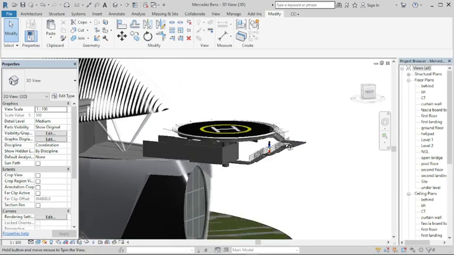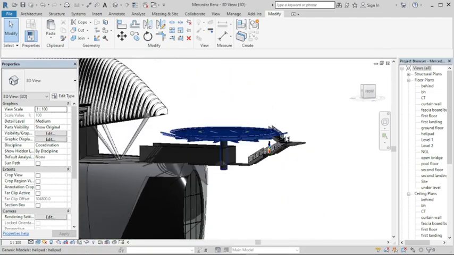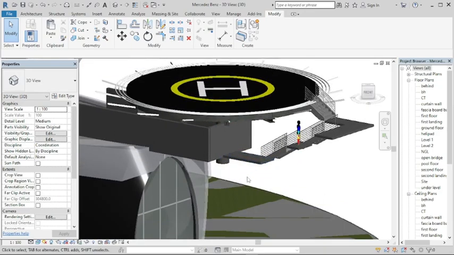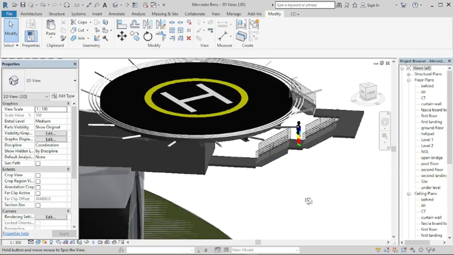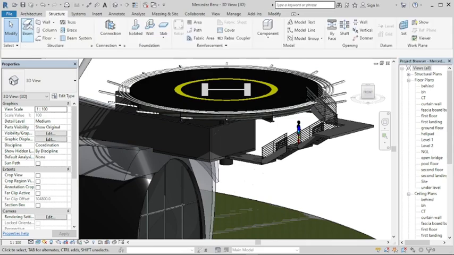So now we have our helipad modeled in the structure. We want to now proceed to creating beams for this particular structure. And then after creating beams, we're going to create the hand railings for the structure also. To create beams for this structure, we can go to structure and click on beam,